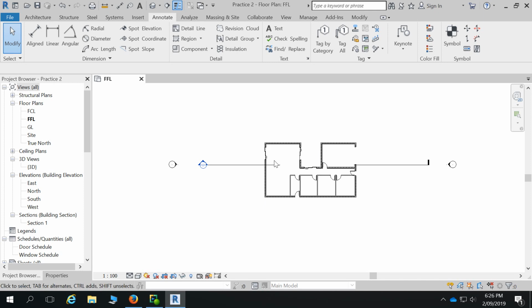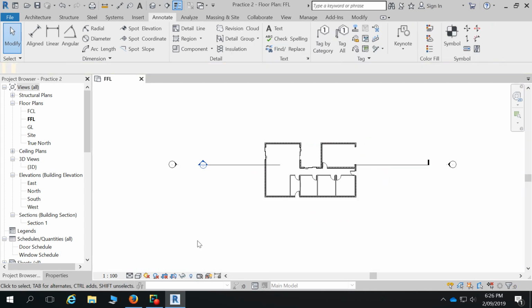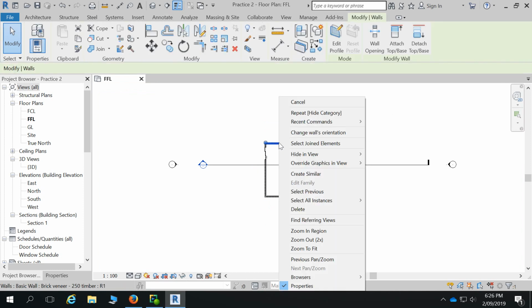When you've selected something, right click, you can see a hide in view by element or category comes up in the list. But then I do need to reveal hidden elements to be able to get them back. So that was one of those toolbars there as well. So if I've hidden them using my right click, so if I click on an element and right click, hide in view by element or category,